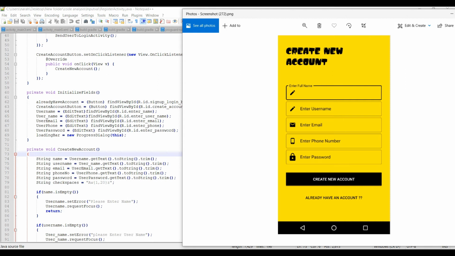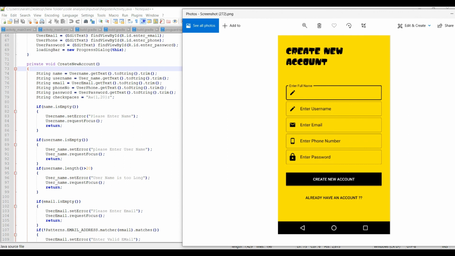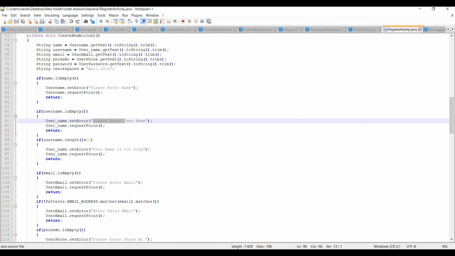The 5 fields are taken inside these different variables, and then you can see they are doing input validation. If you don't do input validation, then you will have major security issues, which means your application is more liable to input validation attacks, different kinds of things like XSS, SQL injection, and different kinds of input based attacks. So here, if the person doesn't enter a name, it will prompt the error, please enter name. Like here he is declaring some kind of input validation, and if the username is empty, meaning he doesn't enter anything, it will display please enter username.